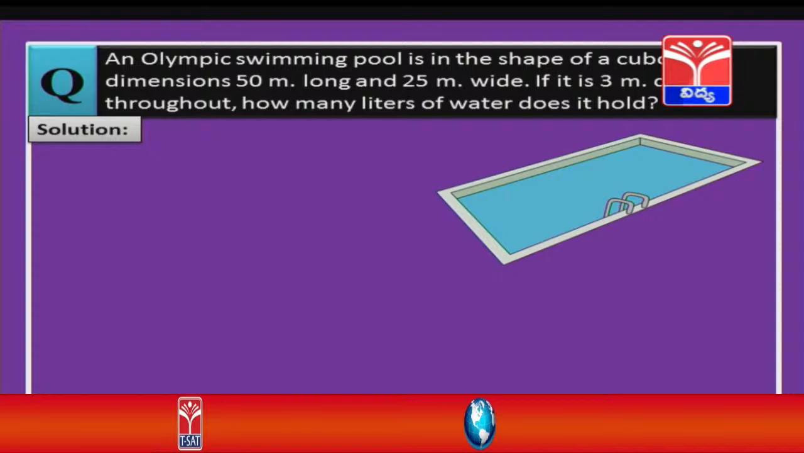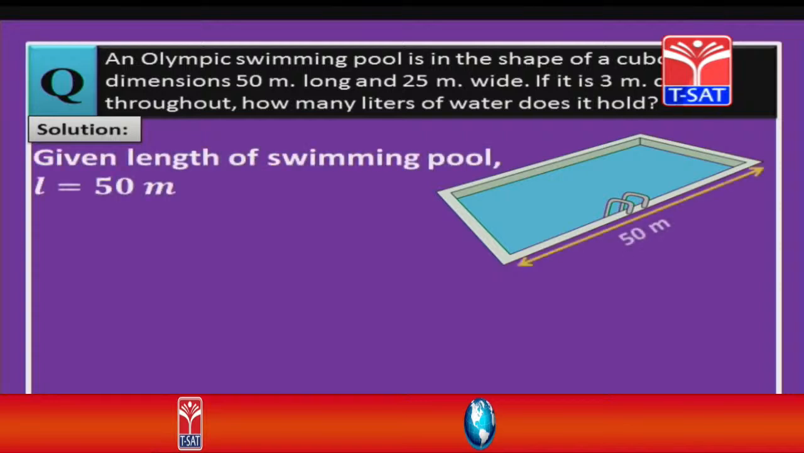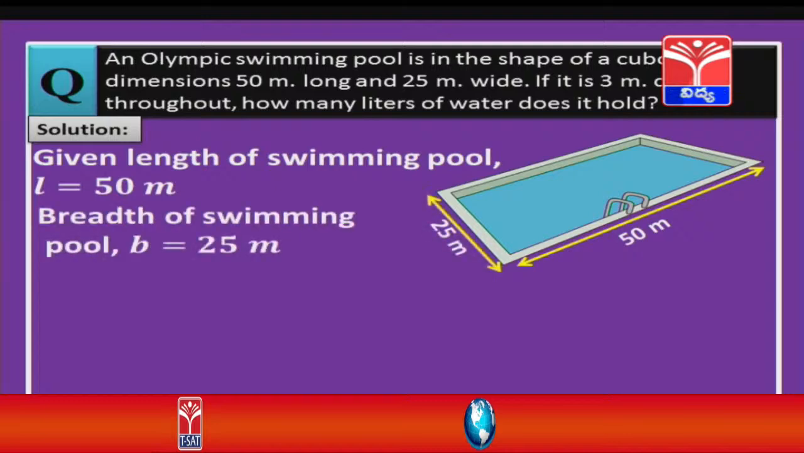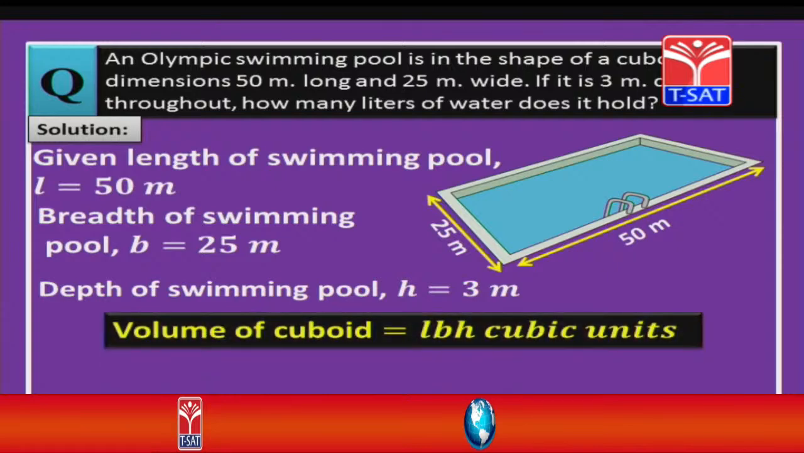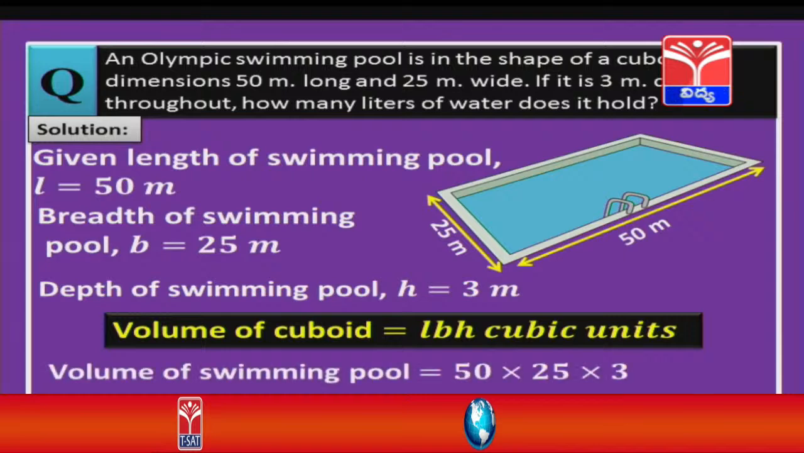So, there is a swimming pool, right children, and what is given? The length of the swimming pool is 50 meters. And what about the breadth, children? Yes, 25 meters. And the depth, we can assume it as the height of the swimming pool, that is 3 meters. So, we need to find the volume of the cuboid, because the swimming pool is in the shape of a cuboid. What is the formula, children? Yes, LBH cubic units. Now, let us substitute the values of L, B and H, that is 50 into 25 into 3. So, we get